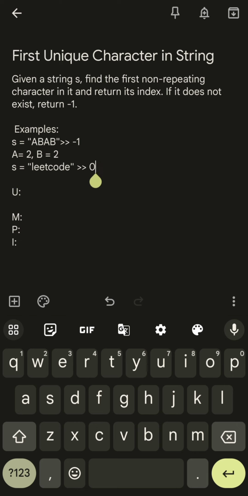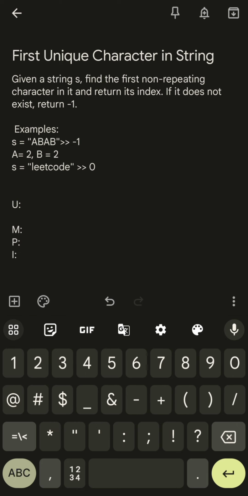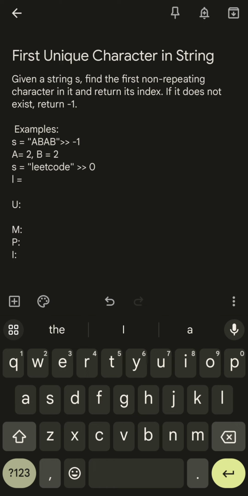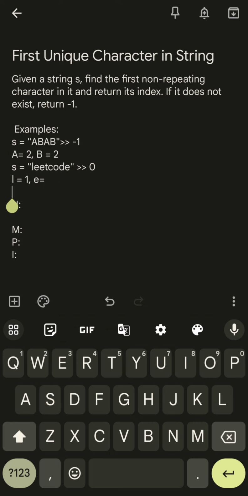However, on this one, let's look through it. So let's say "leet", right? Let's go through the letters one at a time, starting with L. Looking through, I see 1, and scrolling through it, I don't see any other ones. So L is just going to be 1. Then what's the next letter? We have E. E is going to be equal to however many times we see it. So we have 1, 2, 3. Three times we see it, so we put 3,